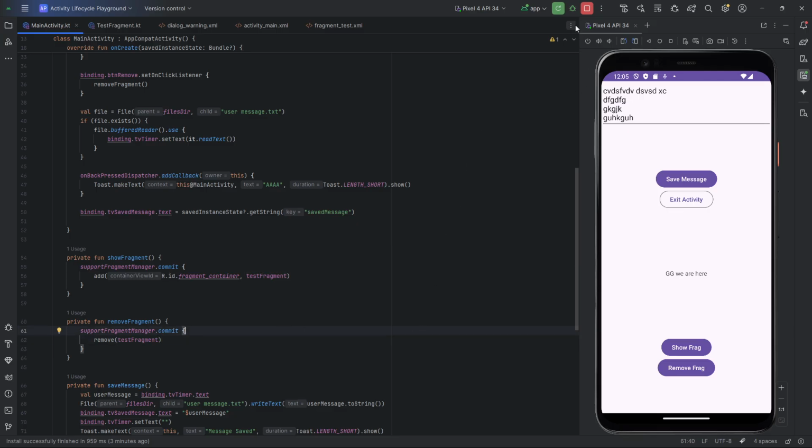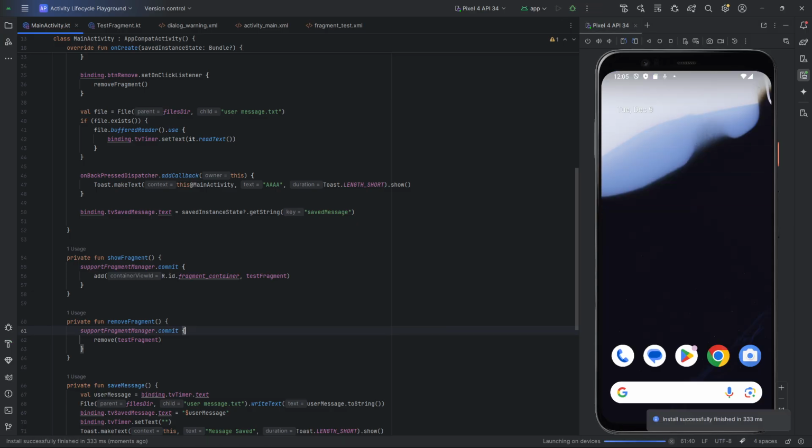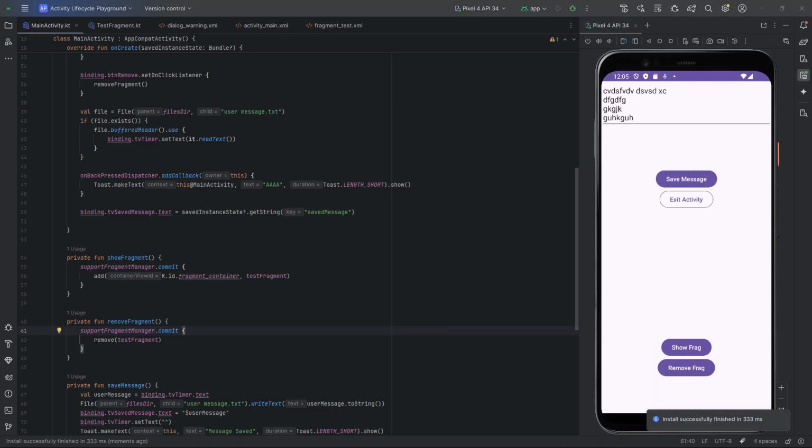So we're back in our Activity Lifecycle playground, and none of the debug points have been hit yet because there is no fragment. So even though in main activity here we made a new test fragment object, this object exists, none of the lifecycle methods, including onCreate, were called. Okay? And now if I click show fragment,